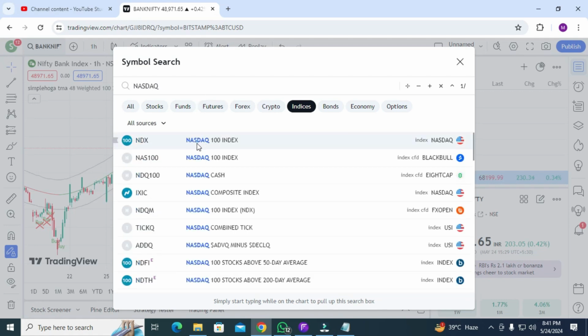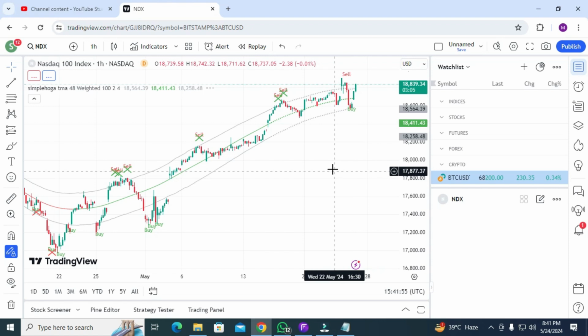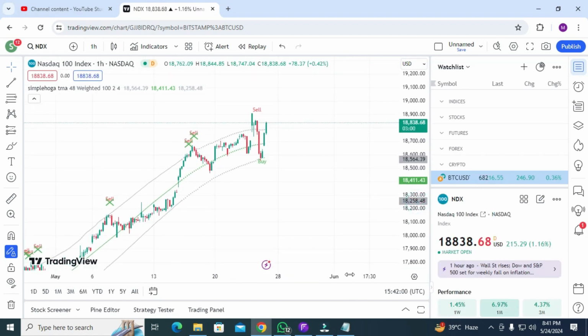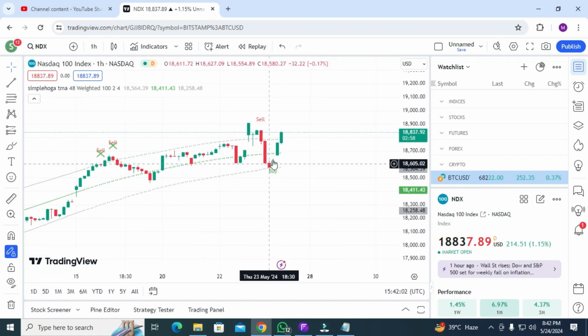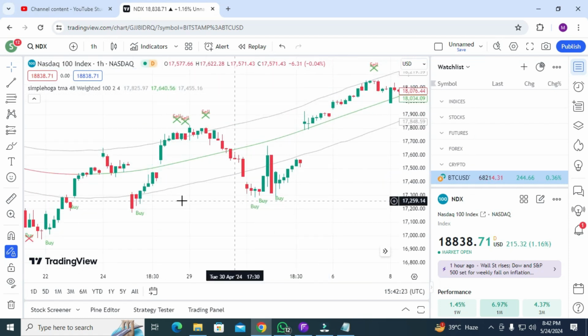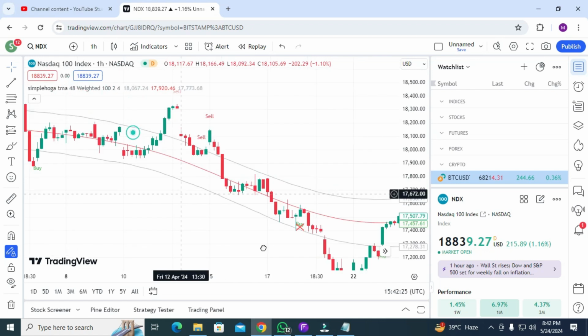Nasdaq 100, okay. You got the buy signal here and good, awesome result. This is your most recent buy trade, and you can see you got awesome results here. When you got the signal it was 18,588, and the market is now 18,840. You can say 250 points, a $250 movement is actually a very good one. It's not a bad one. Okay, this one perfectly shows the buy signal and sell signal, you can see.